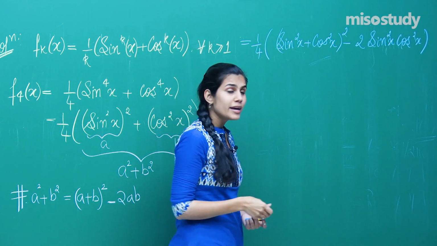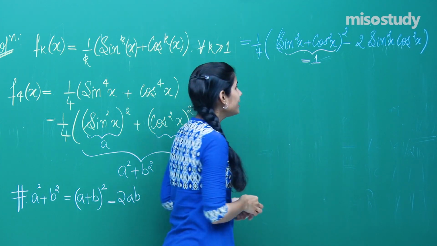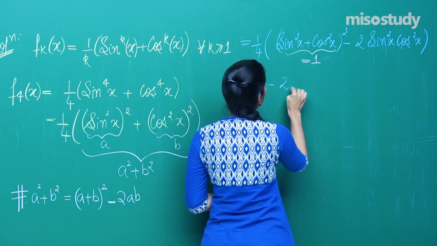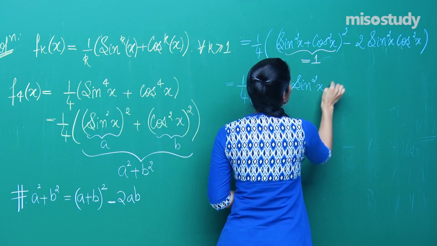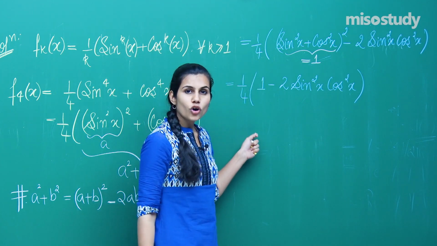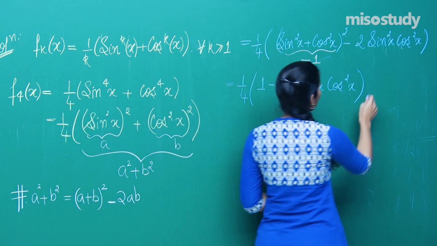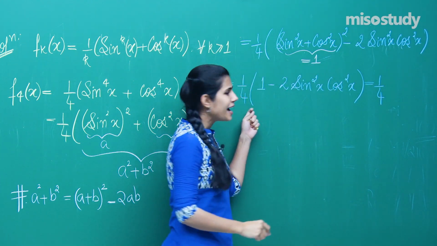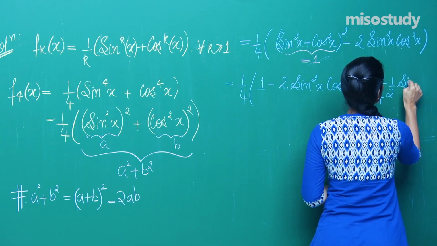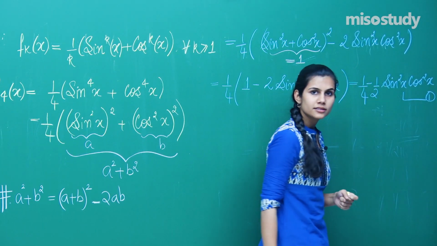All of you know that sine square x plus cos square x is equal to 1. And 1 square is 1 only. So you get this to be equal to 1 minus twice of sine square x cos square x. This is what your expression turns out to be for f4x, which is nothing but 1 by 4 minus 1 by 2 sine square x cos square x. This is your